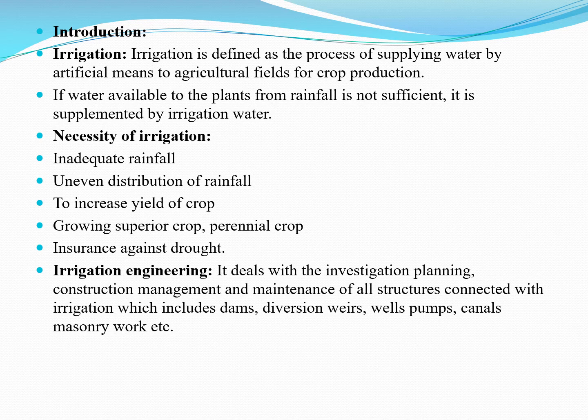Okay. Next is various necessities of irrigation. There are various factors on which the irrigation system depends. The first is inadequate rainfall. Inadequate rainfall means insufficient rainfall. The irrigation system is necessary in the areas where rainfall is insufficient for the proper growth of plants as well as crops. The second factor is uneven distribution of rainfall, meaning non-uniform rainfall distribution.